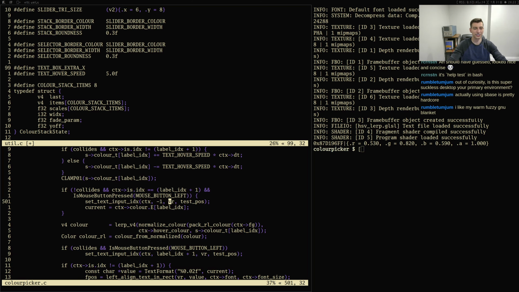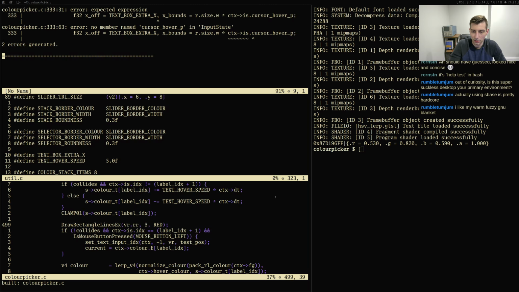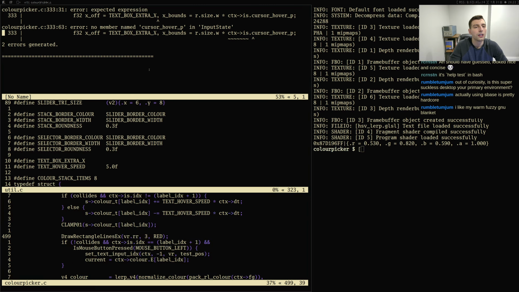Something about that looks a little weird. Draw a rectangle, lines EX. Shoot, I shouldn't have